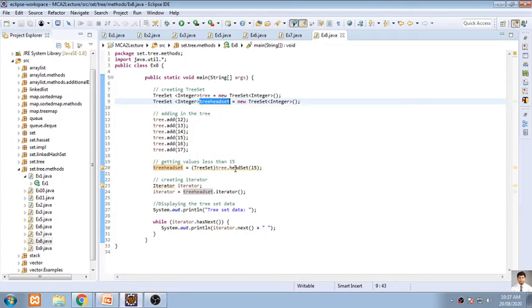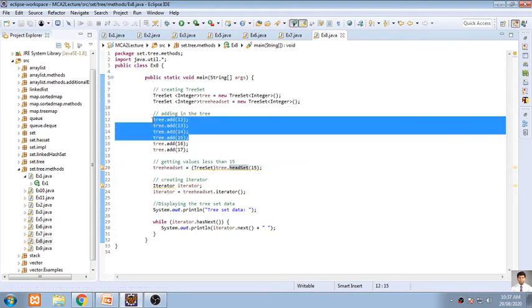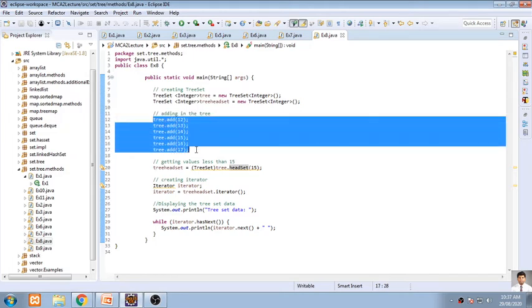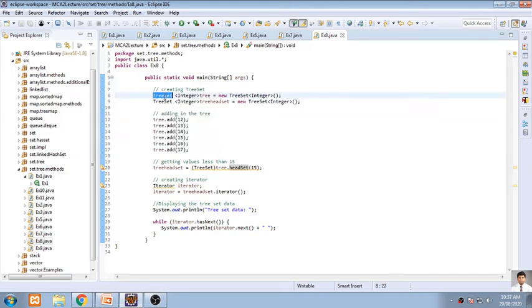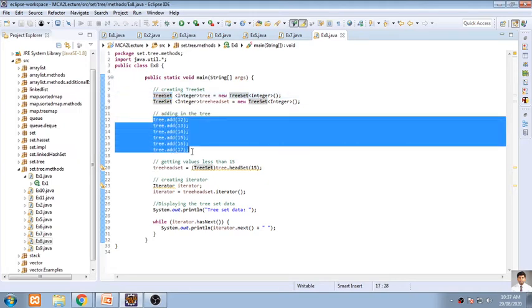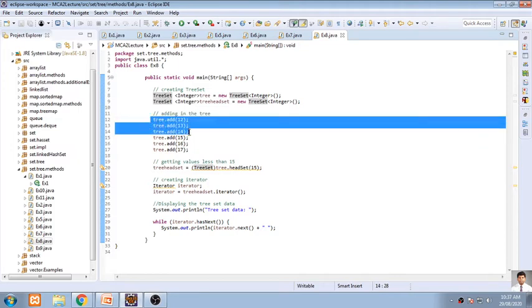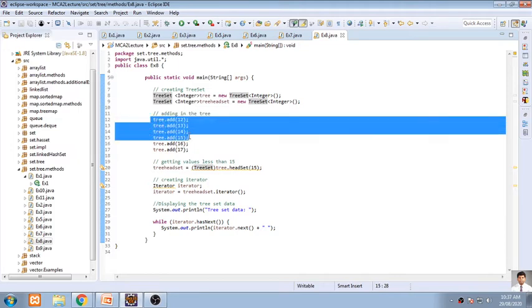Now here I'll be using hash set. What is the meaning of set? You are creating a subset, a small set from the given series of the tree set. A tree set is nothing but a class object which contains multiple elements. But if I want a specific series, only a limited range of elements, how can it be done? I want only a subset of some elements to be added into a separate class. That can be done by using hash set.